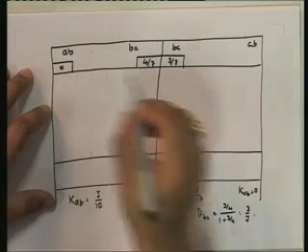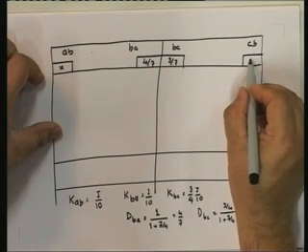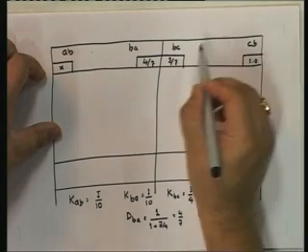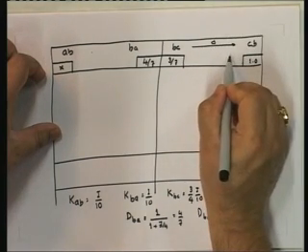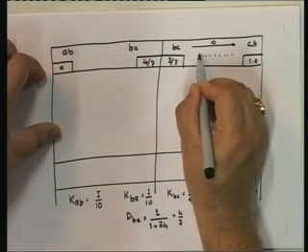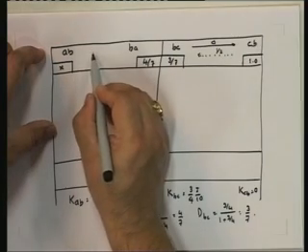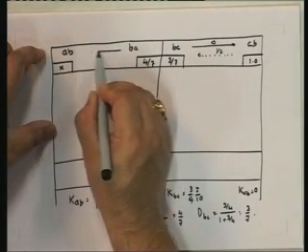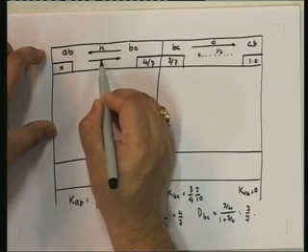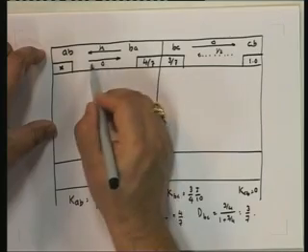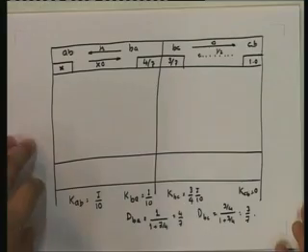This one, no distribution because it's a fixed end, and here distribution is 1. Okay, there is no carryover in this direction. However, I'm going to say that only for the release of the fixed end moment is there a half carryover. Here there is a half carryover. Here there is no carryover in this direction because the fixed end is not to be released. Okay, so now let us put down the